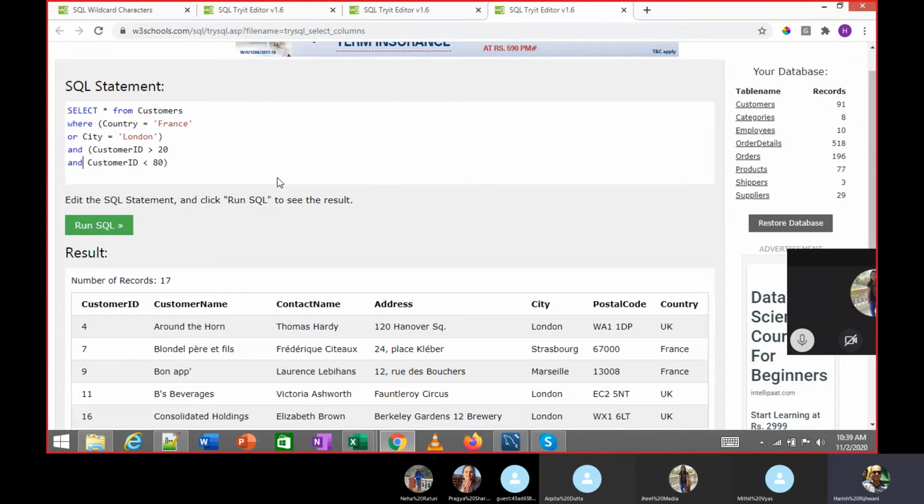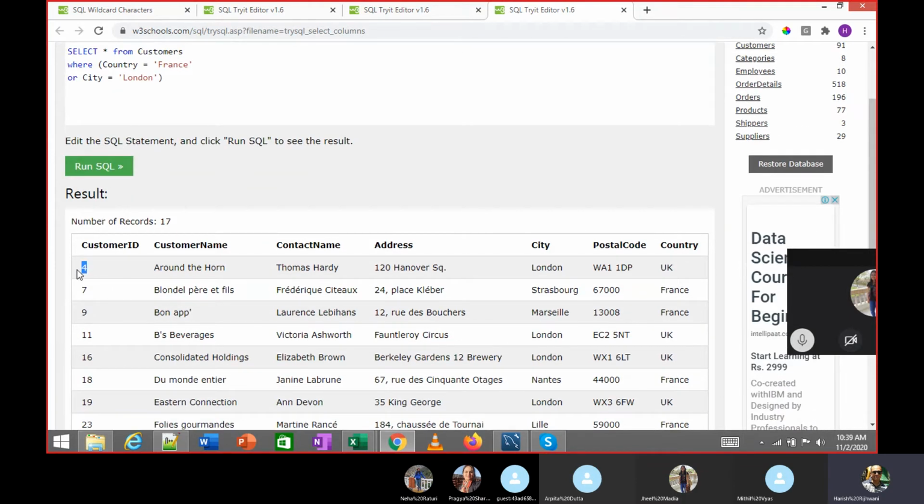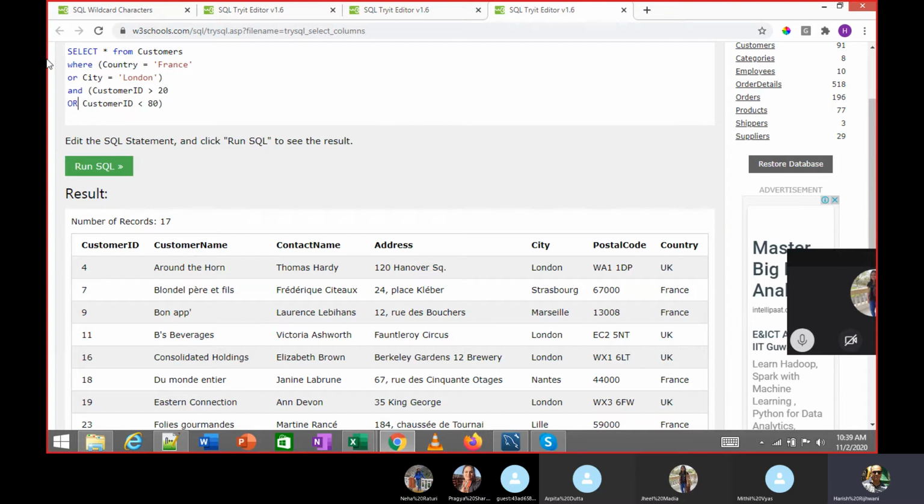Is the customer ID greater than 20? Yes. Okay. If I look at it, is my customer ID greater than 20? No. But if I use or over here, is my customer ID less than 80? Yes. So this 4 will come. I don't want this 4.